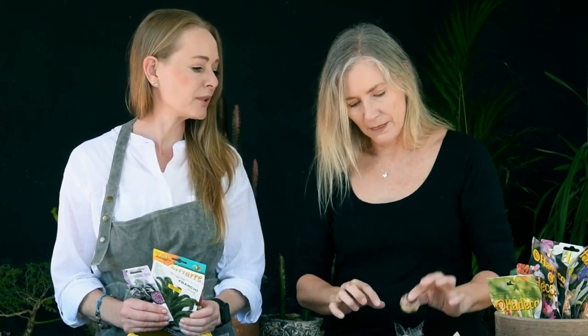But that much soil is going to be going on top. That's about 2 centimeters. Well, it depends on the size of the bulb, really. Does it have to be half the size of the bulb? If you've got a little bulb this size, then you'll just put that much soil on the top. Oh, so it's okay. But just don't make them go down too deep,